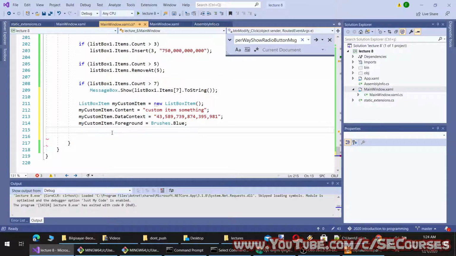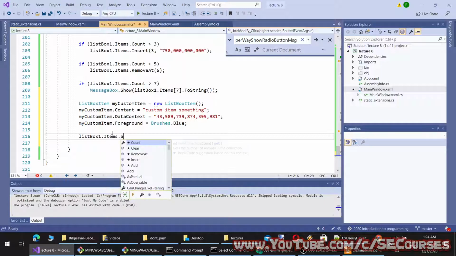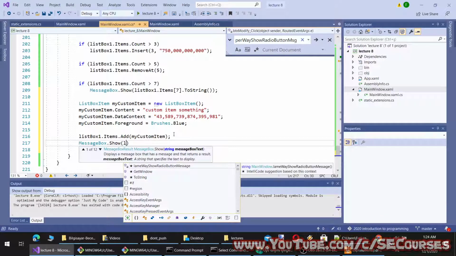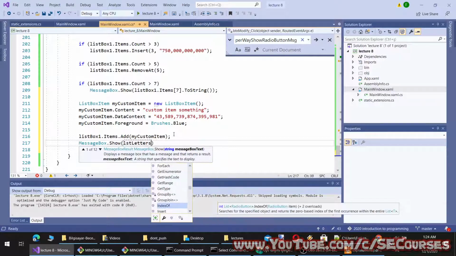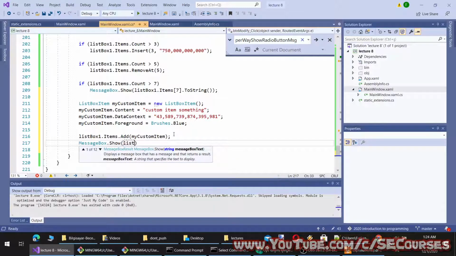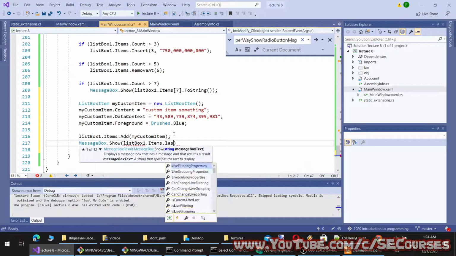Okay, so you can also add custom items or objects. I'm adding this new list box item in this case, and I will show the data context of that item. Okay, how am I going to do that? Is list box items, items last one.